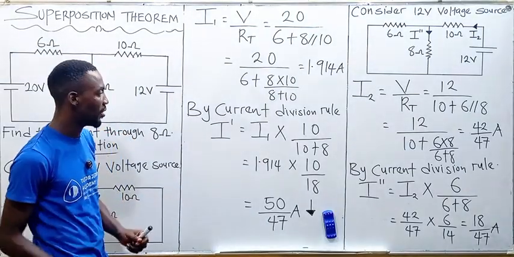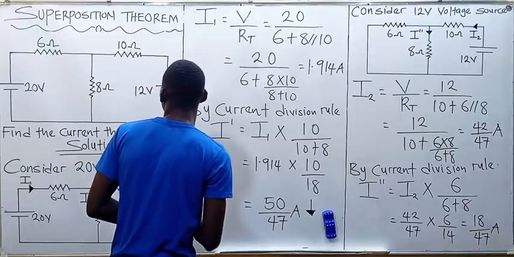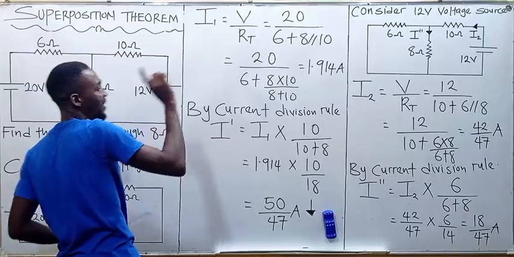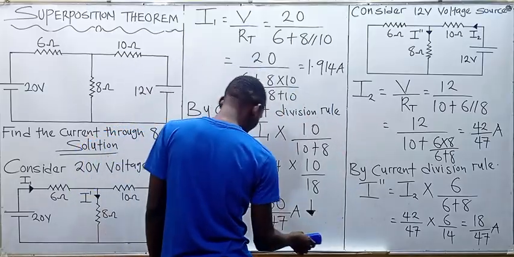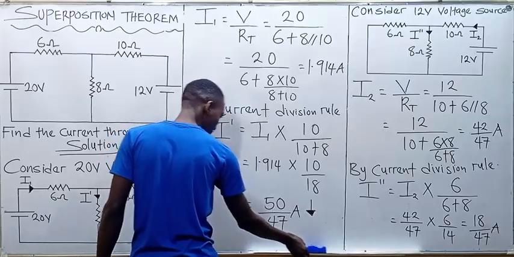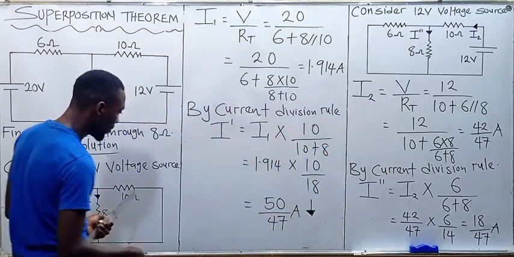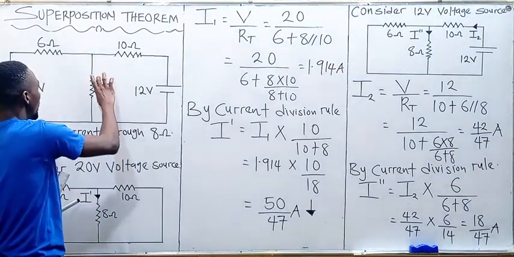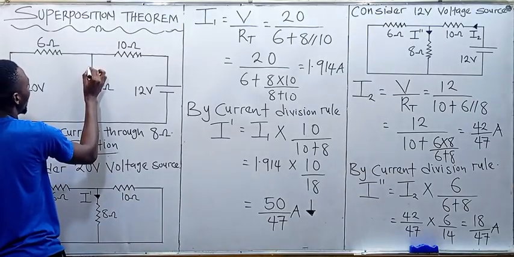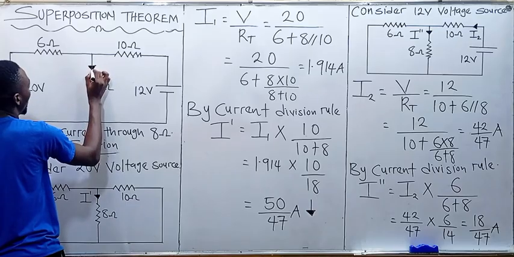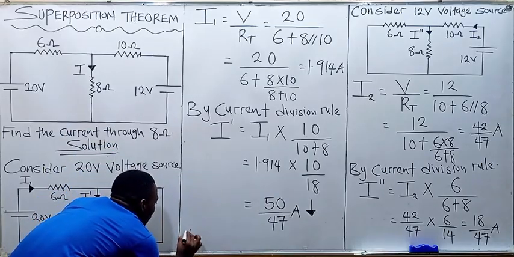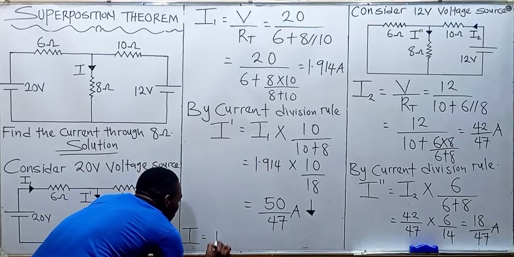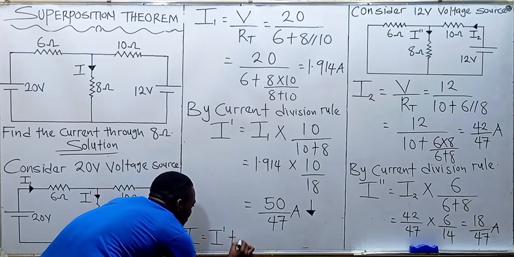So by superposition theorem now, the current that is passing through this 8 ohms, let's say it is I. All right, so if it is I, so I by superposition now will be equal to what? I prime plus I prime prime,